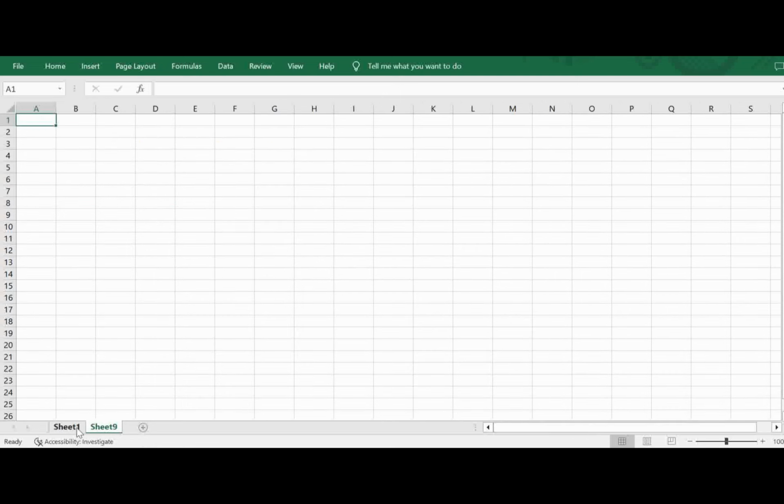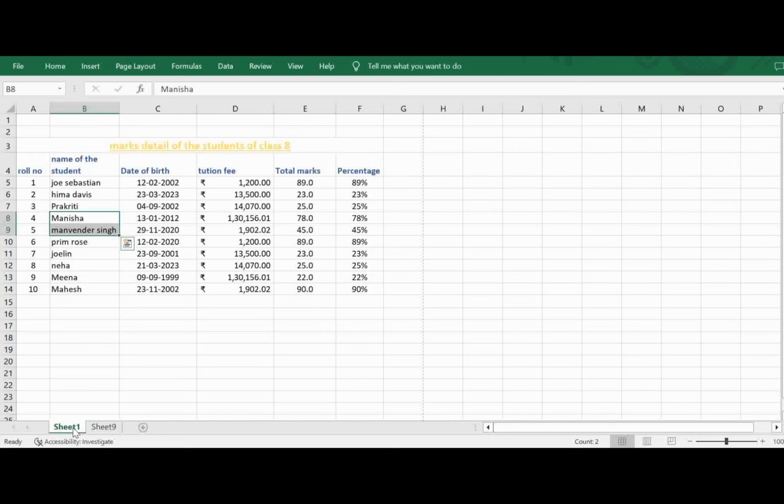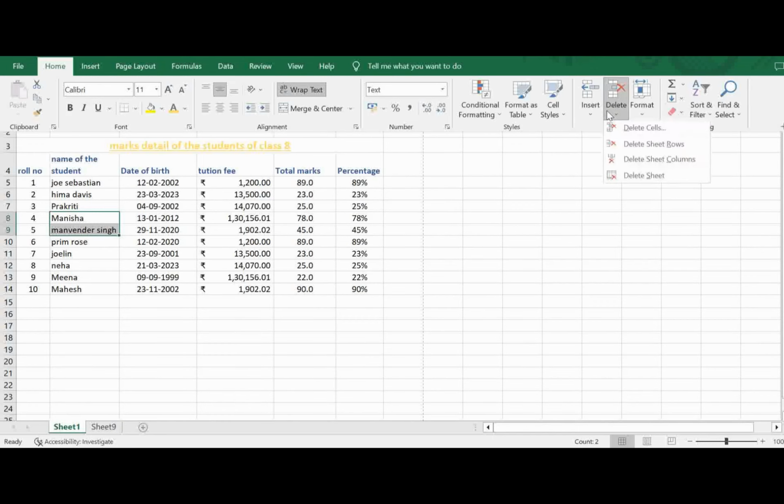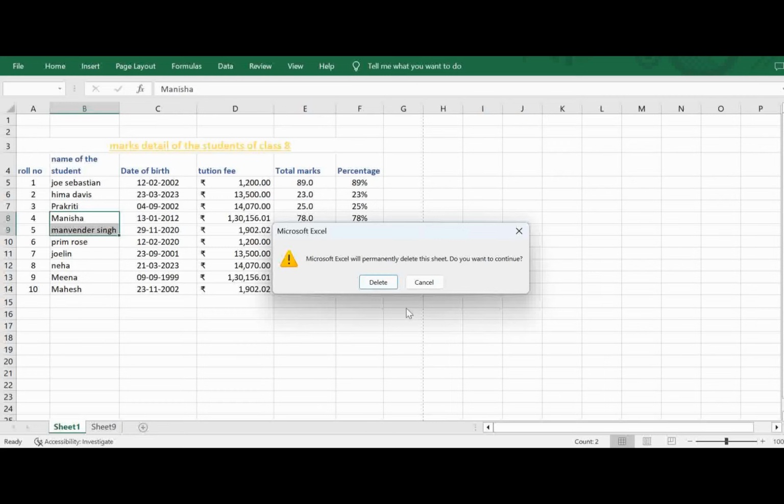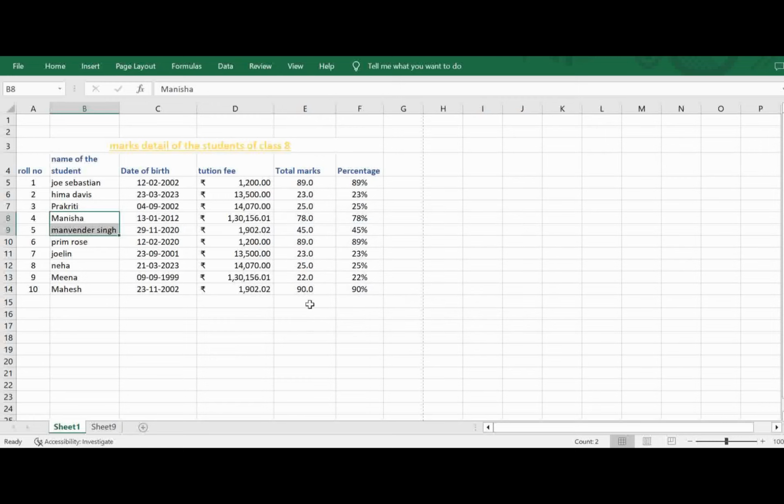So as of now, I have 2 sheets, right? Now let me try to delete sheet 1 which has some data in it. I have an option here under home saying delete, and I say delete sheet. I'll get a prompt message. It says that Microsoft Excel will permanently delete this sheet. Do you want to continue? If you're very much sure that you don't want this data anymore, you can press delete. Otherwise, make sure that you press cancel, because once deleted, it cannot be retrieved by Control Z